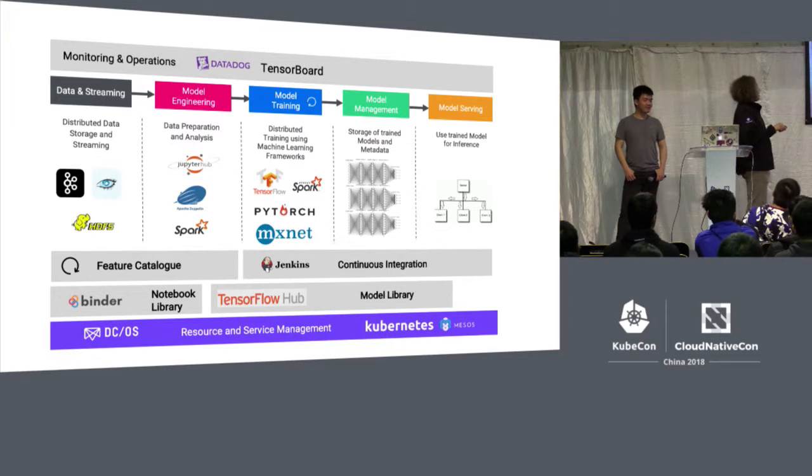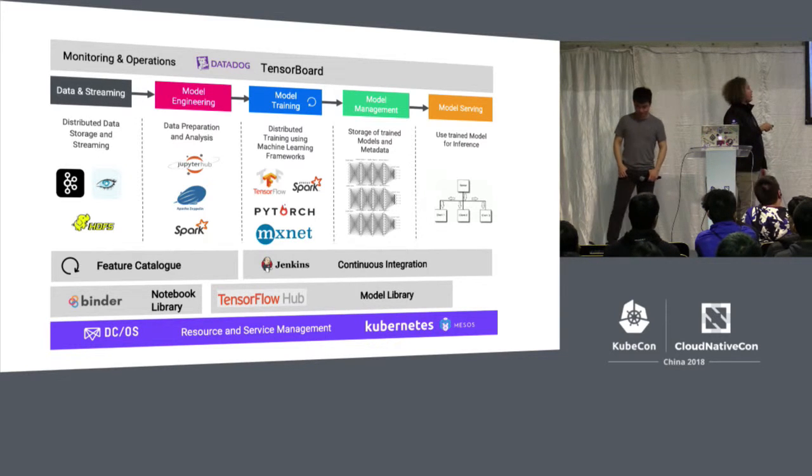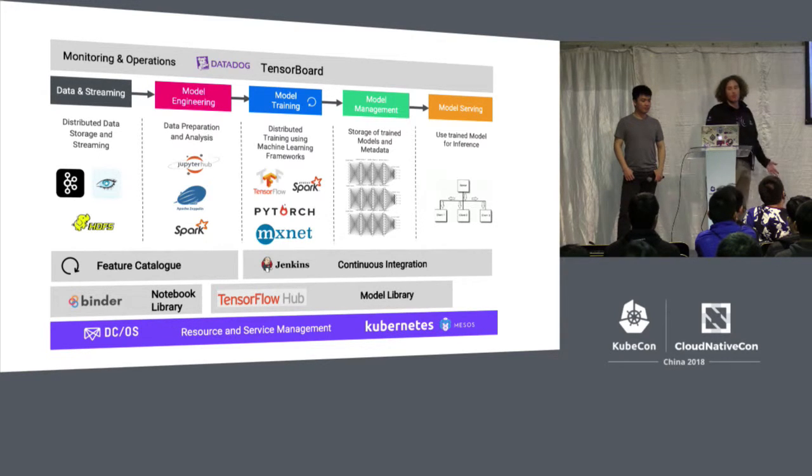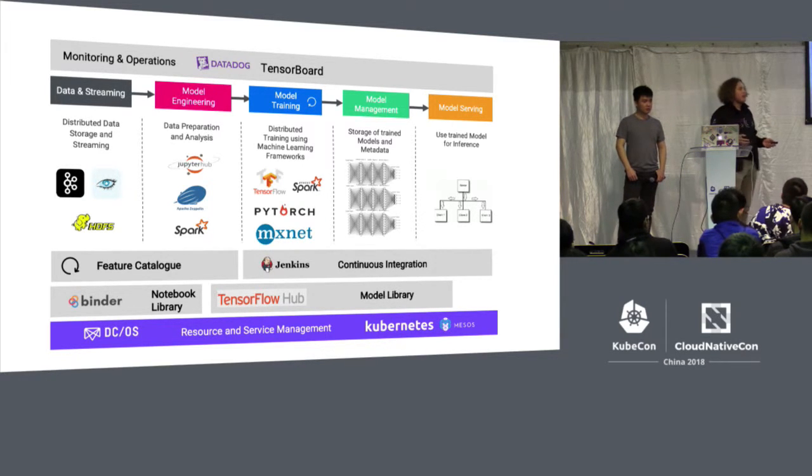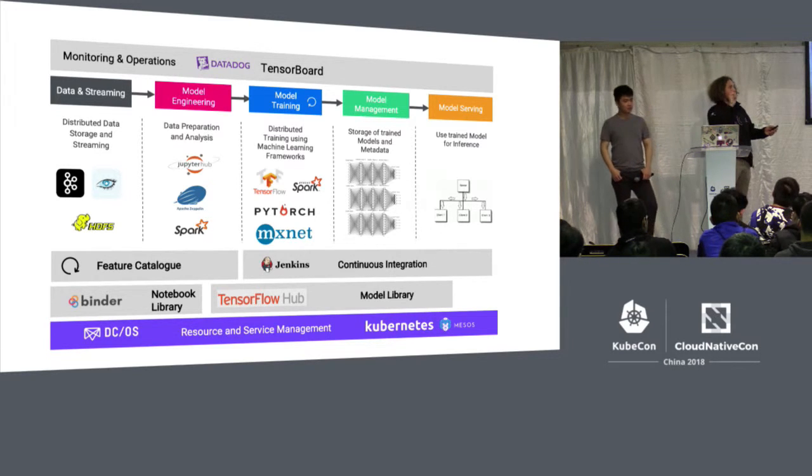The other thing I actually really want to share are my trained models. So having something like TensorFlow Hub or a model library is really useful, first of all, for sharing the trained models, but also later on for transfer learning. So with transfer learning, I take a fully trained model like ImageNet or something like that. I take away the last few layers, and then I specialize that to my specific data set.